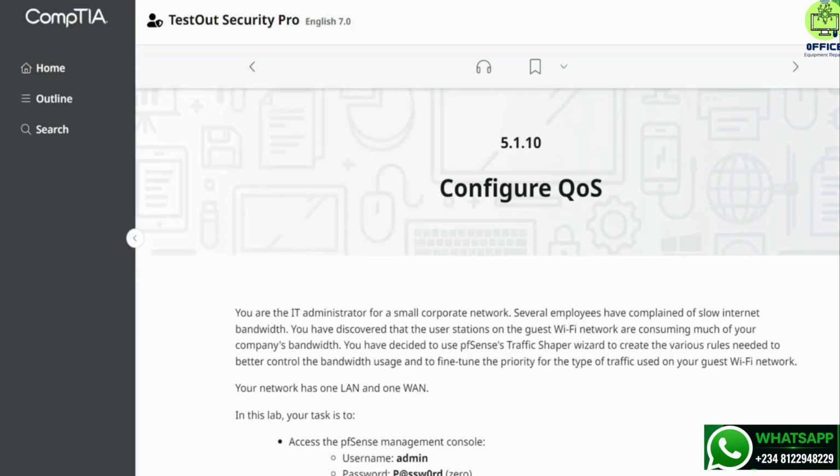We are in lab 5.1.10 and we are going to configure QoS. So you are the IT administrator for a small corporate network. Several employees have complained of slow internet bandwidth. You have discovered that the user stations on the guest Wi-Fi network are consuming much of your company's bandwidth. You have decided to use pfSense Traffic Shaper